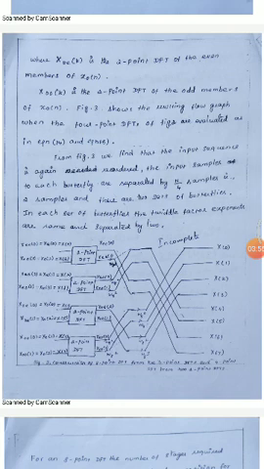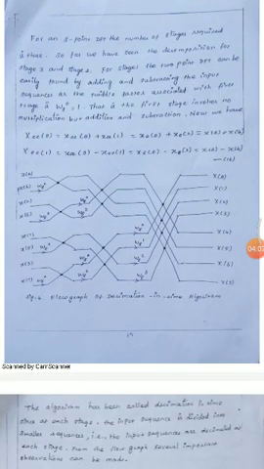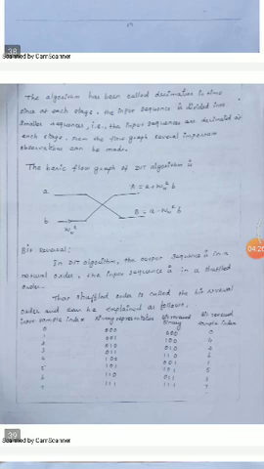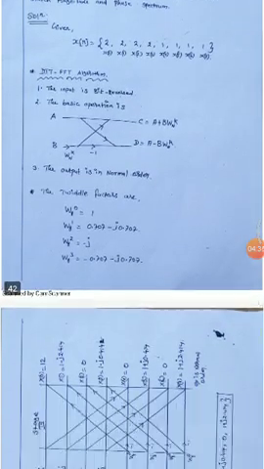Here there are the stages called 2 stage, 4 stage and 8 stage. The first one is the initial 2 stage, the second is the 4 stage and then the 8 stage. We have to arrange the order and shuffle in the DIT for the first step. Then we get x of 0, x of 4, x of 2, x of 6 and x of 1, x of 5, x of 3, x of 7. We multiply with the twiddle factor. At last we get x of 0, x of 1, x of 2, x of 3, x of 4, x of 5, x of 6, x of 7. Okay, so this is called DIT. This is an example problem showing how to find the DIT.